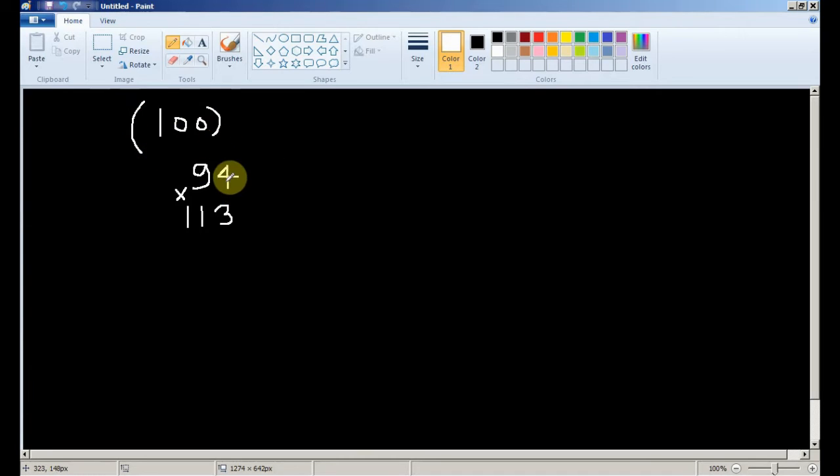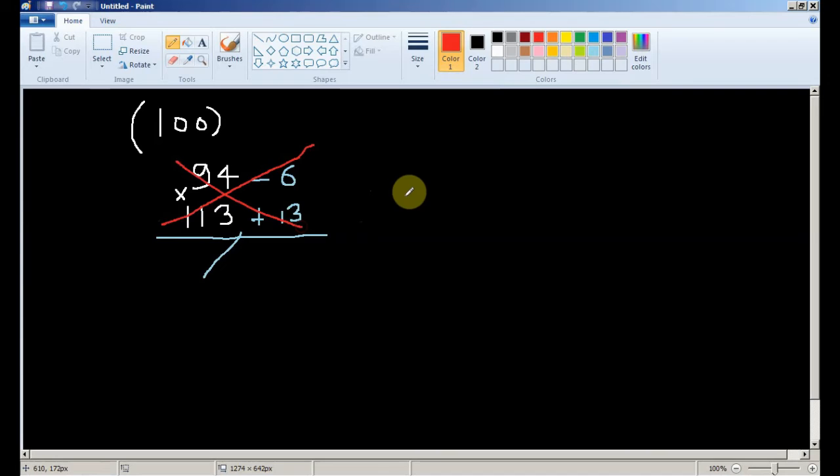So what I see here is that 94 is smaller than the base. How much is the difference? It is 6, so -6. And if you look at the second number, the difference is plus 13. It is more than the base. And then I have to find the first and the second number. So again friends, we are going to do the same thing. Either you do a cross subtraction or a cross addition. So let's do cross addition.